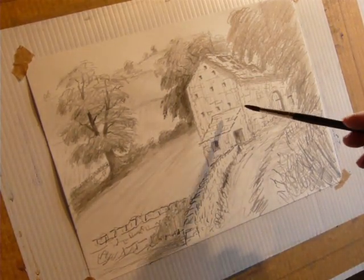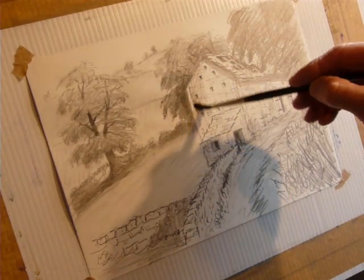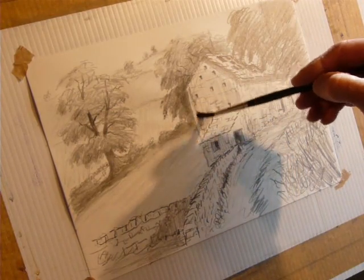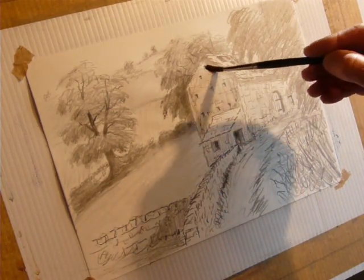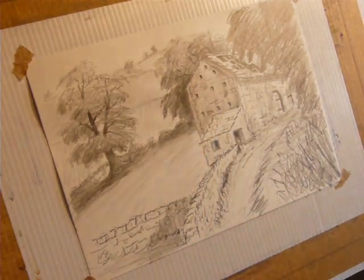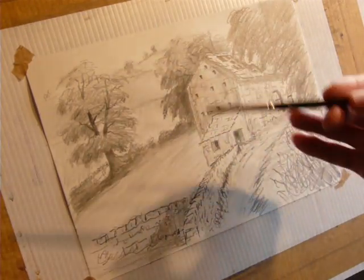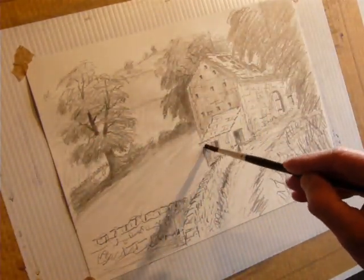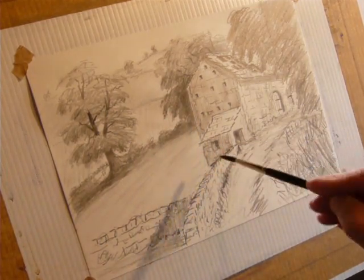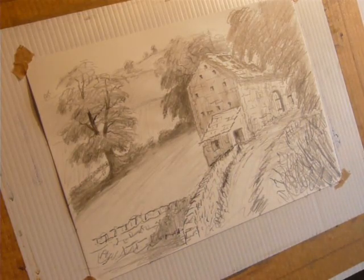Right, now we come to the building. Now, we're going to go into the graphite area where I've lined, just to make that one tone darker than that wall there, to give a hint that the light is just beginning to come in on the front of this building. And there, same. Still maintains the lining, but it does give an effect